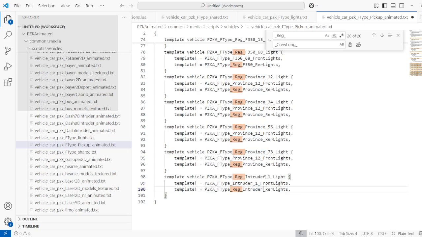Okay, that is fine. Though, no, on the regulars, that's still an issue, because that province 1, 2 texture more resembles this intruder textures when it comes to rear lights. So let's put this template here. So this province 1, 2 uses intruder rear lights, while provinces 3, 4, 5, 6, and 7, 8 use